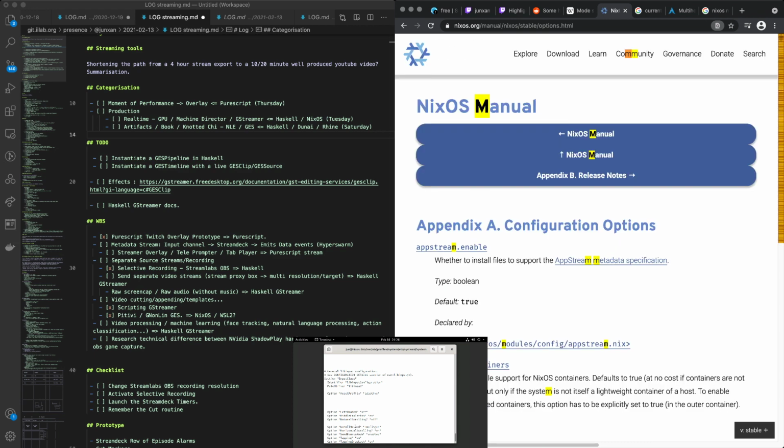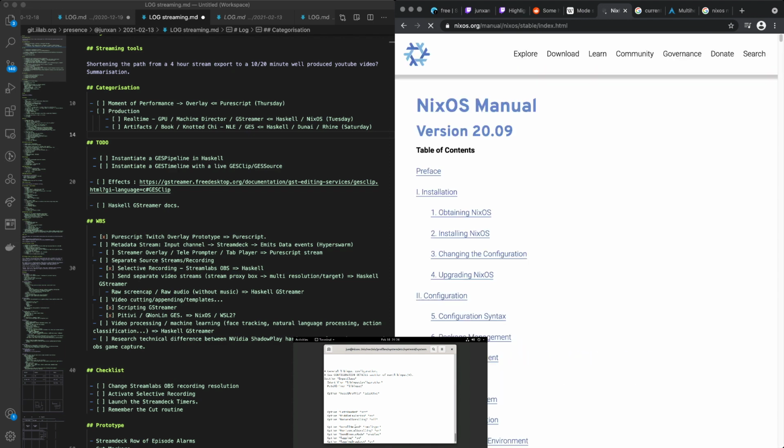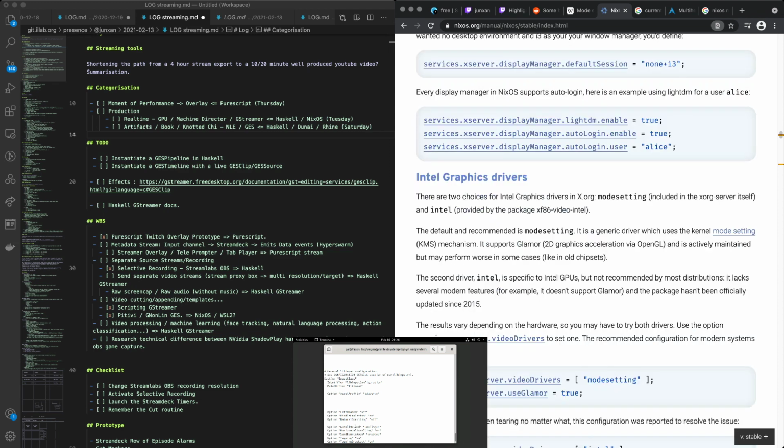Let's go back to the main manual here. Let's go to around where NVIDIA lives. And let's see